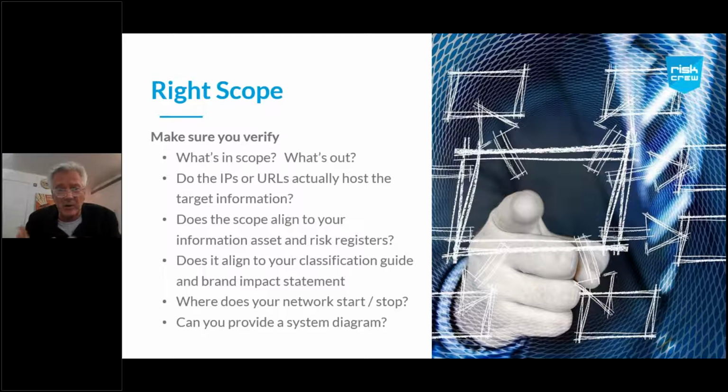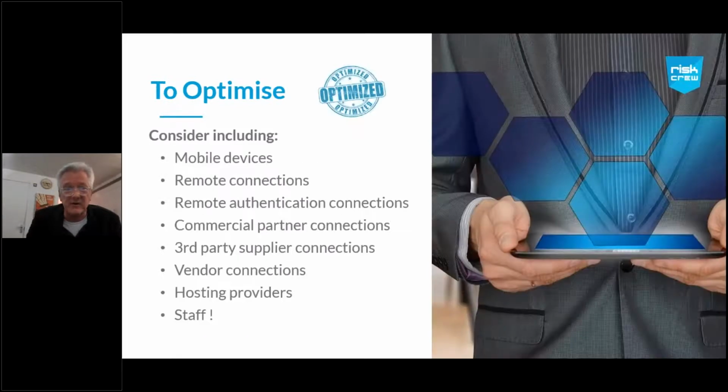Okay, so right scope, what's in, what's out, is just as important. Understand where your network starts. So you want to optimize that? Yeah, absolutely. When you look at where my network starts and where it stops, and what's in scope and what's out of scope, I'm saying, fine, if you're not including mobile devices, or at least a sample of mobile devices, in your pen testing,